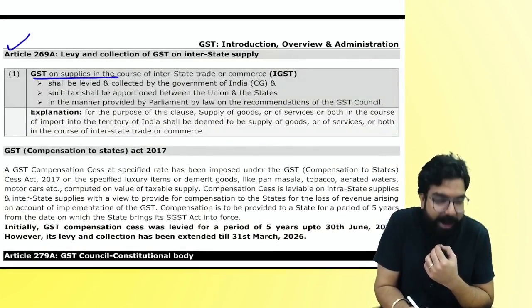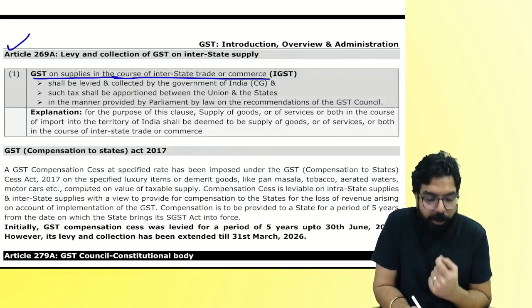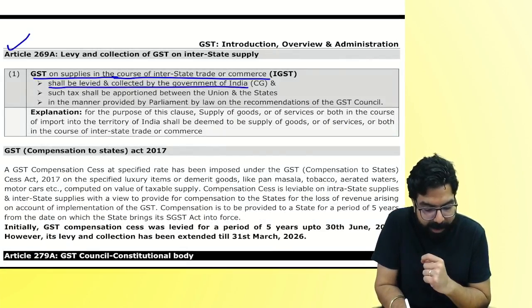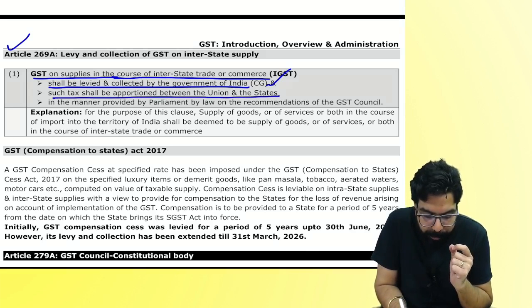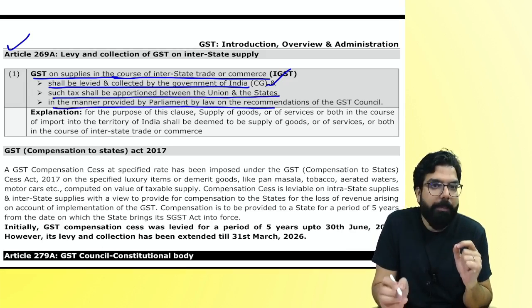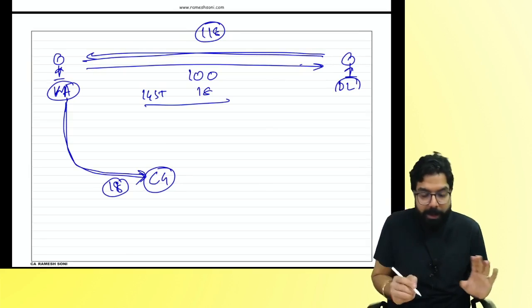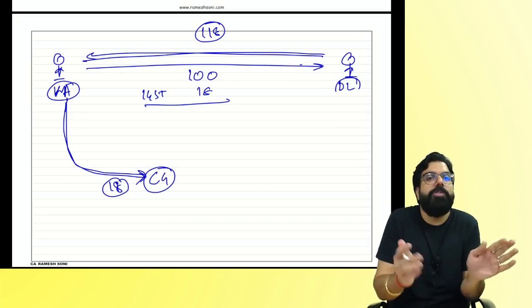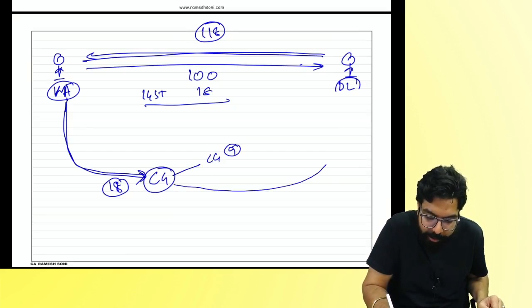GST on supply. We'll read the article. Okay, this article is there. Tax on supply in the interstate trade or commerce shall be levied and collected by the central government. Such tax will be apportioned between the Union and the states in the manner provided by Parliament. Basically, IGST will go to whom, everyone? Central government. Central government will apportion the tax, keeping 9% for itself and giving the remaining